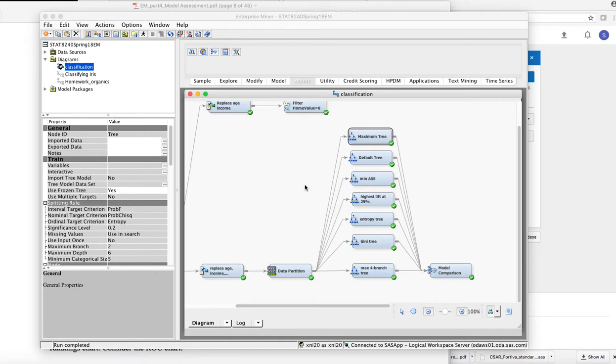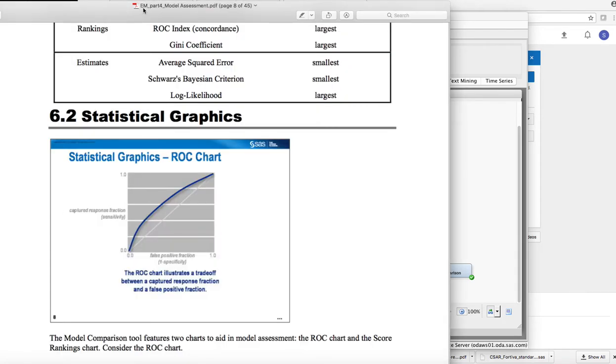Hello everyone, and in this video I'm going to briefly introduce what the ROC chart is and a little bit about how it is constructed, if time permits. This part is optional. It's just for interested students. If you want to look at how the ROC chart is generated in detail, you can go to the Enterprise Miner documentation,